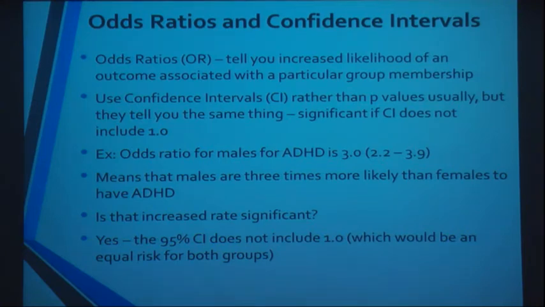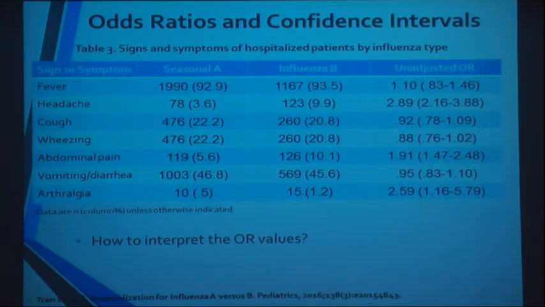But in this case it is. Okay? All right, so here's a table with some odds ratios. This one was looking at hospitalization for influenza A versus B. Just came out in Pediatrics again. Okay, so they're comparing the symptoms in the children who had seasonal A versus influenza